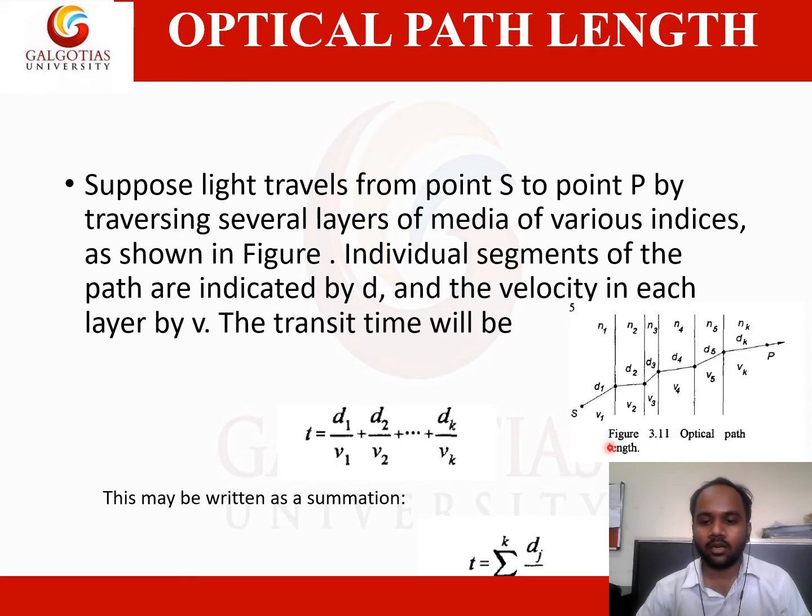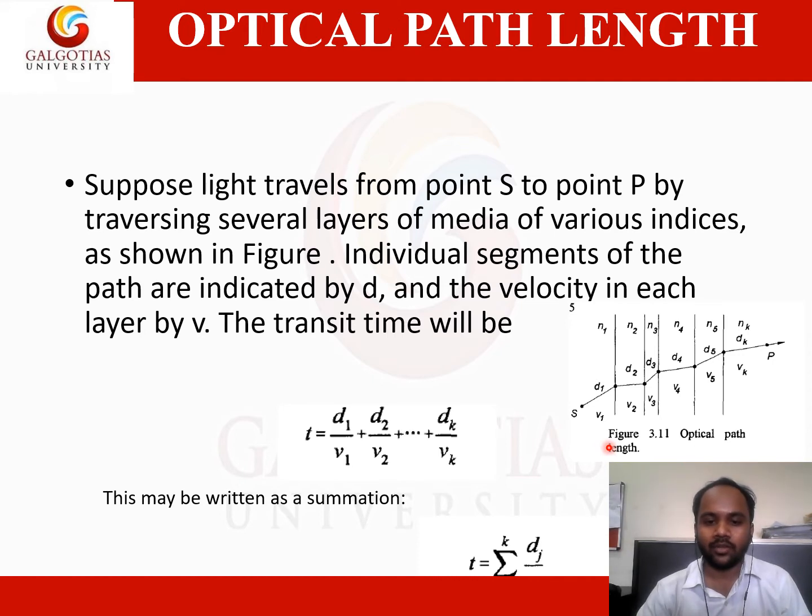Okay, so starting from medium 1 to medium 6, maybe medium 1 is equal to medium 4, or medium 4 is equal to medium 6. We don't know this. So if we assume that light is going to travel from one point to a different point, it may transfer through different refractive indices. And when it is transferring through different refractive media, we have to take part of all the different indices, and we have to go with all the different velocities.